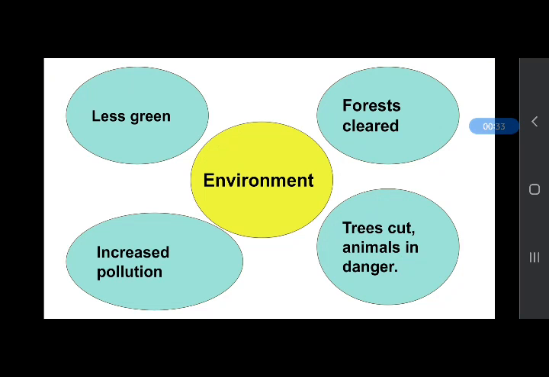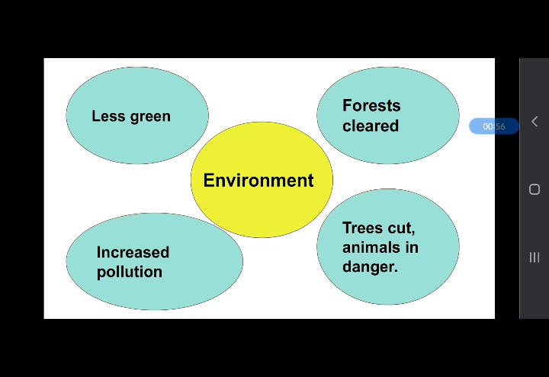Today, our environment is less green because many forests are being cut down to make roads, factories, and for farming. In earlier times, it was green.